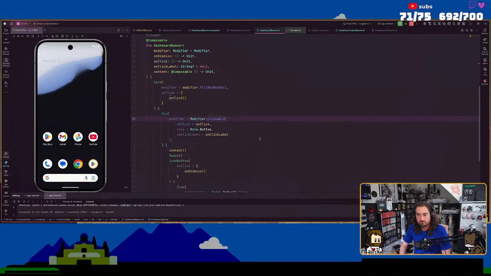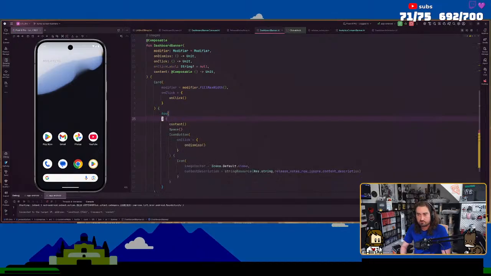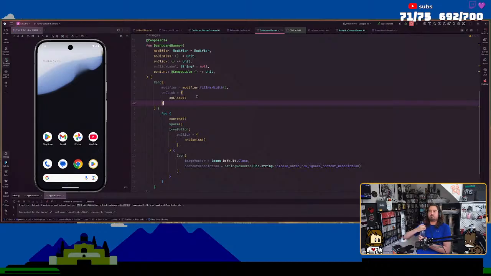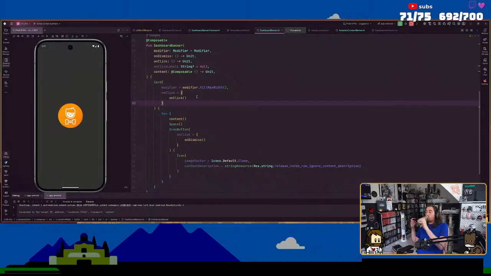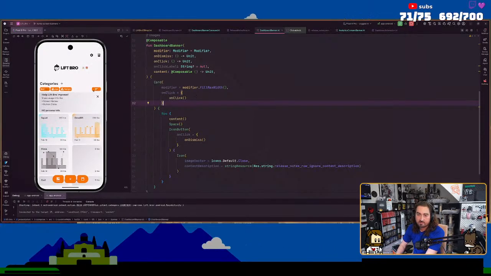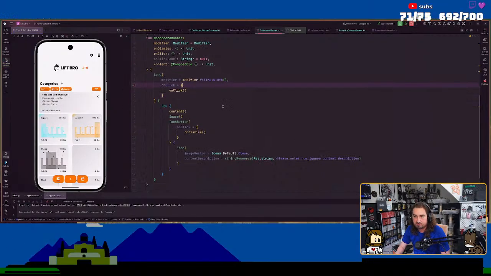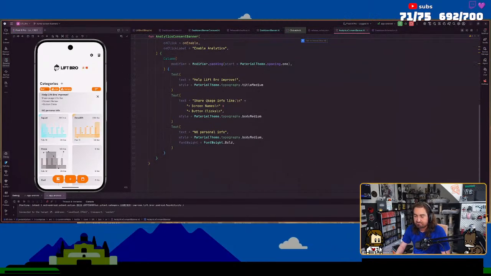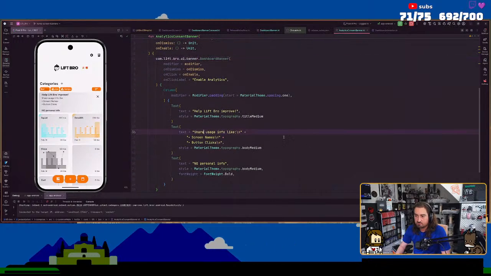I am going to actually get rid of that, because I think I had it in too many spots, but I don't want that to be something that somebody can accidentally click, right? I want it to be very obvious that they're clicking this X or this big box, because accidentally accepting analytics would kind of be a little cheeky. So anyways, we've cleaned that up a little bit. At least the clicks are a little bit better. Share any info you like, help lift or improve.